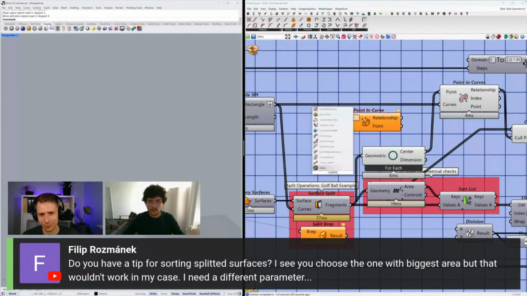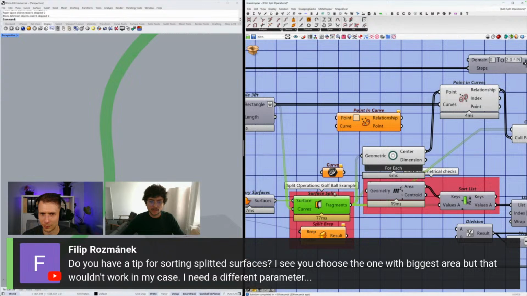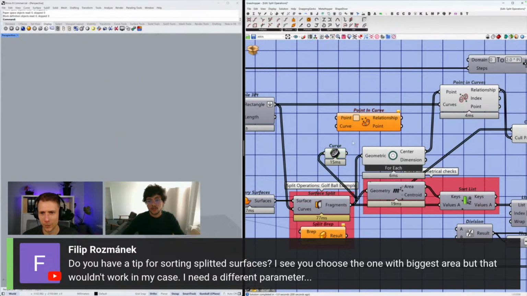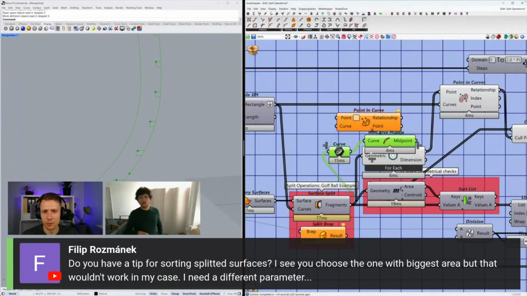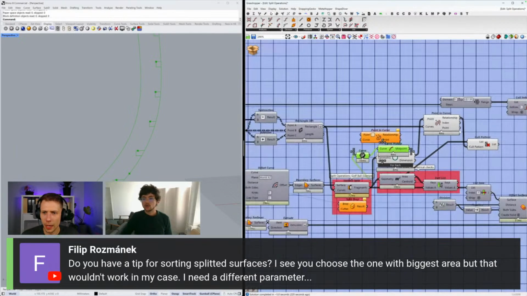I mean, another one could be, for example, if I go curve. If you take a surface and you put it into a curve, that gives you the perimeter, the boundary. Then I could take the middle of the curve or sample the curve somewhere. That could be another option, and maybe this one could work, but we still have the risk that we will end up with the point of this being inside. But if you know how your curve is, you could always end up with a point somewhere here, and then do a containment. So a containment is a good idea. You just have to do a bit more steps there to make sure that the big one doesn't end up.